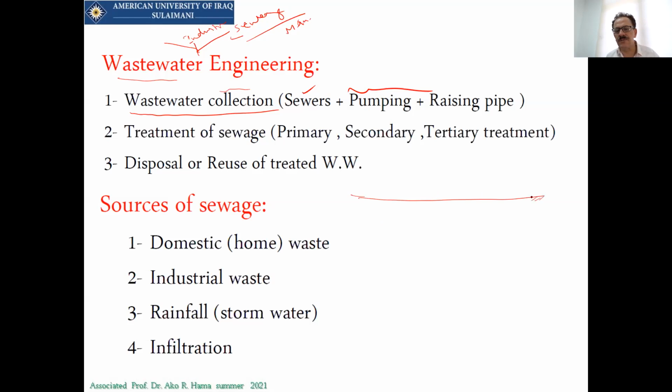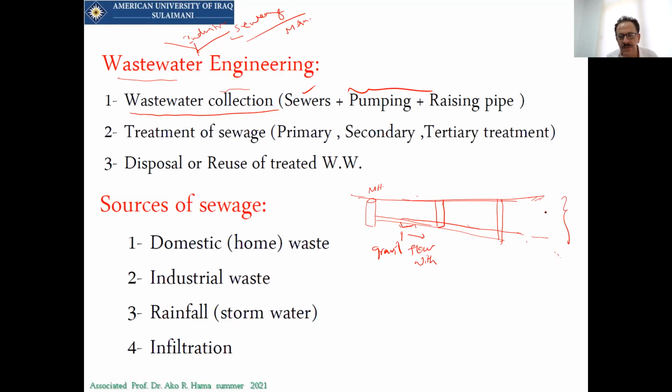Let me say this is the land, we have a manhole here. This is called a manhole. And there will be a pipe to convey wastewater. There is another manhole here, another manhole here, and another manhole. So you can see the slope between the manholes should be enough to let the flow be within gravity, or gravity flow.